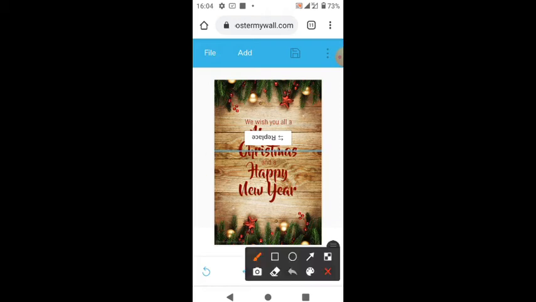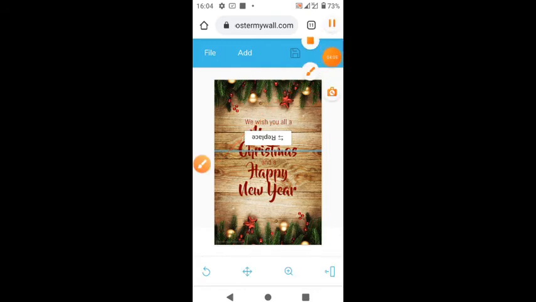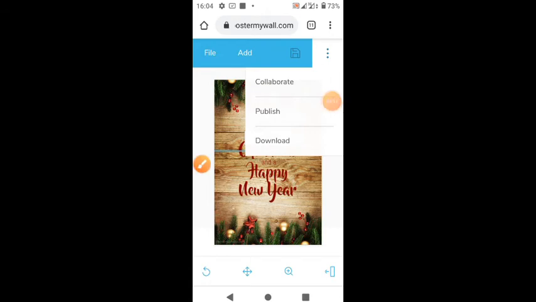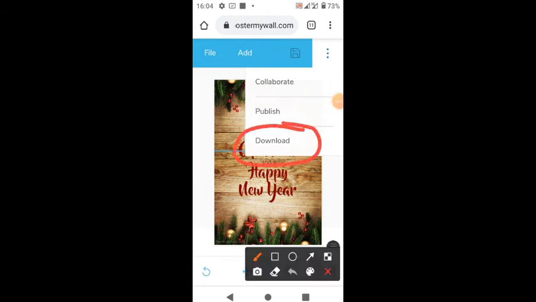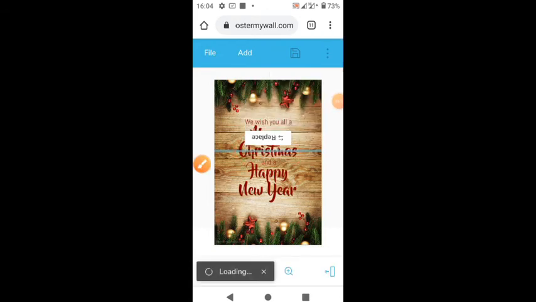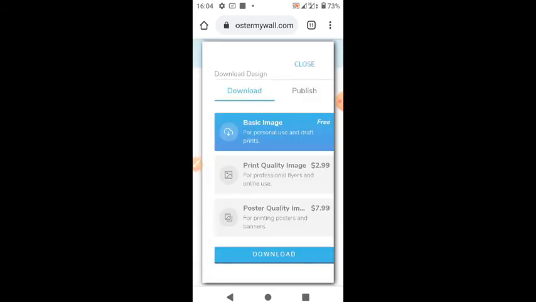After that, you click on these three dots at the top. Then you click on download. You can see basic download, free; print quality image, $2.99; a poster quality image, $7.99.